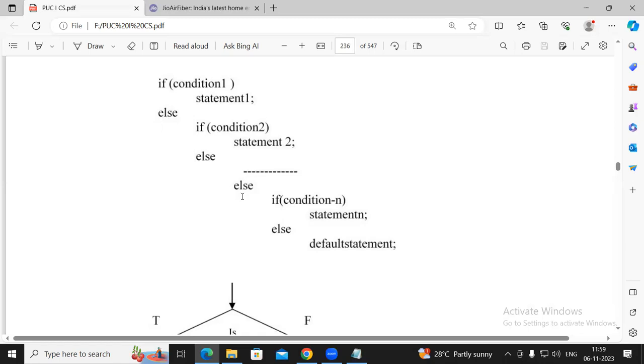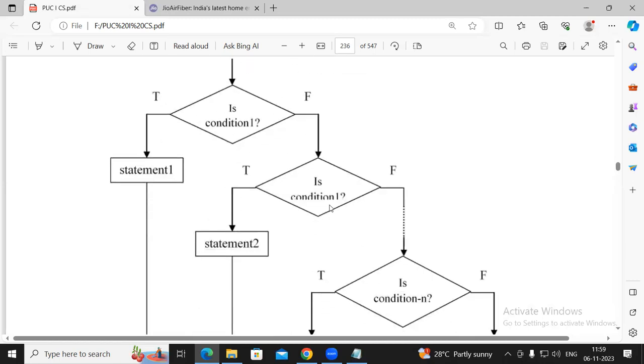Then here, you can have a chain of conditions like this to be executed. See, if condition 1 is true, it will execute statement 1 and continue. If it is false, check the second condition. If it is true, execute this statement 2 and continue. Then if it is false,